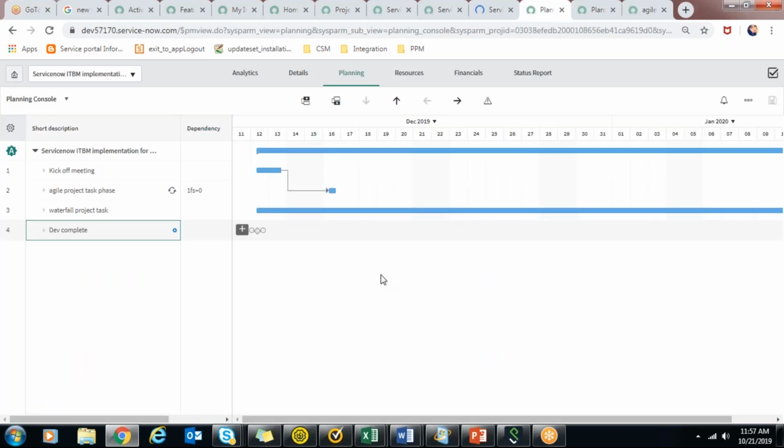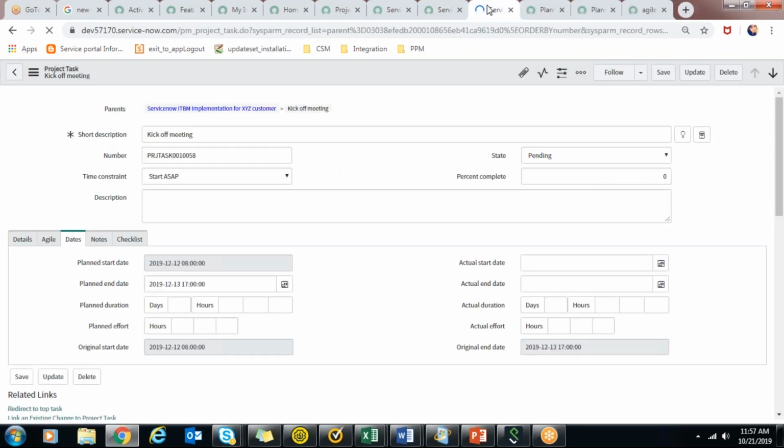I think everything is in future dates itself, right? You can see that December 12, 2019 only it will start. So nothing is ongoing right now. If I create a task which is in October and it has been worked on, or the actual start date has started there, then you can see the difference.